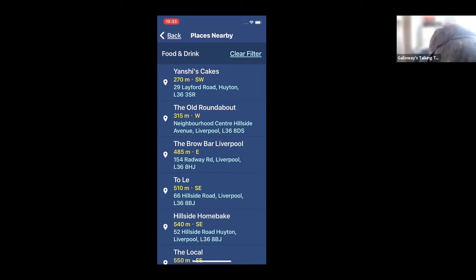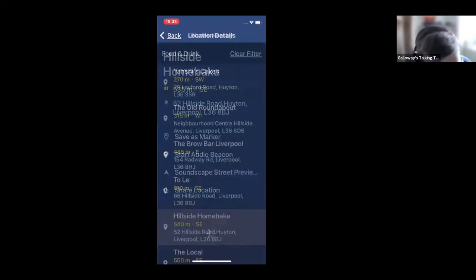I've got the Old Roundabout, the brew bar in Liverpool. I've got Tolee. I've got Hillside Home Bake, and that's 540 meters away from me. So I can tap on the Hillside Home Bake,